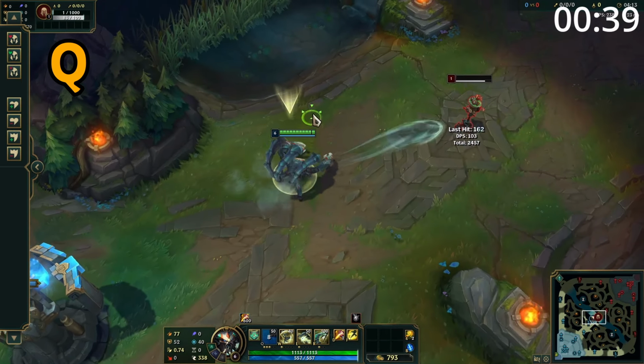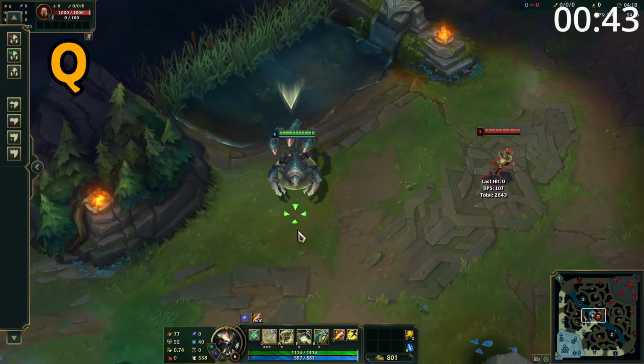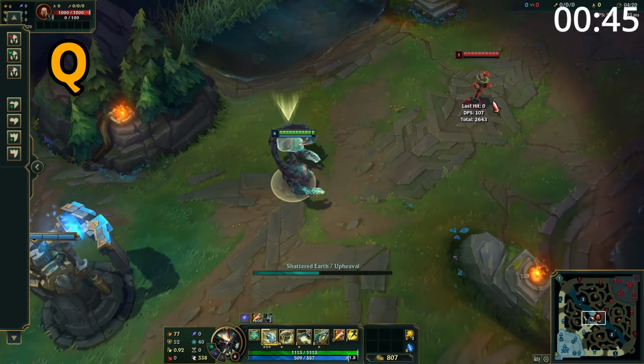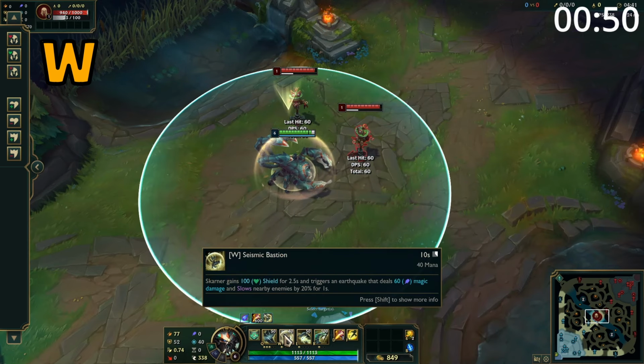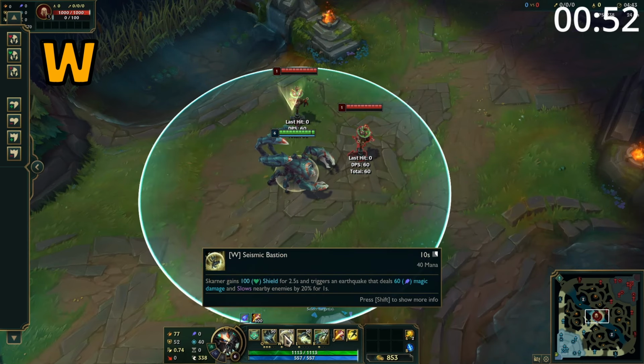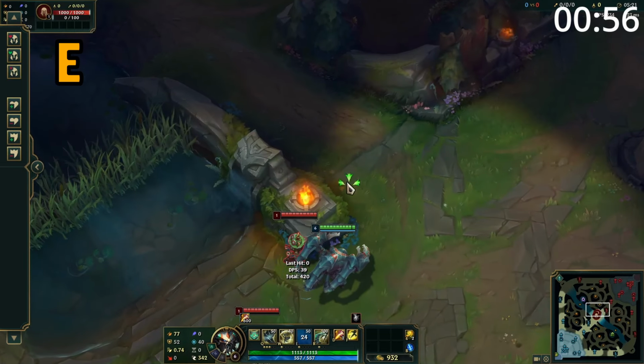This ability can also be reactivated before using the third hit to throw a straight line skill shot. Enemies hit are dealt damage and slowed, and this can even deal damage to structures. Skarner's W deals damage in a large area around him and slows all enemies hit, as well as grants himself a shield. Skarner's E causes him to charge forward in a direction, during which time he's immune to slows and